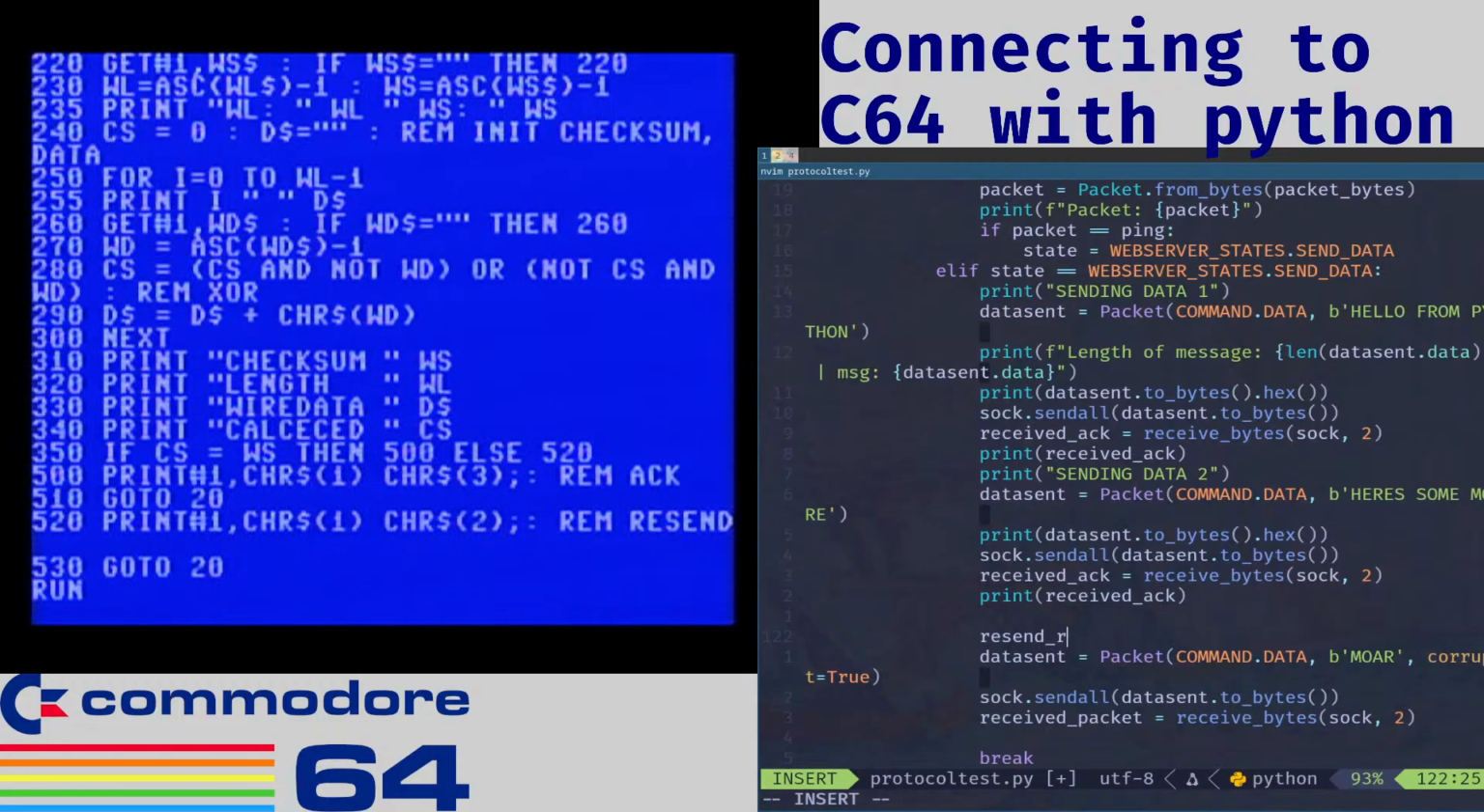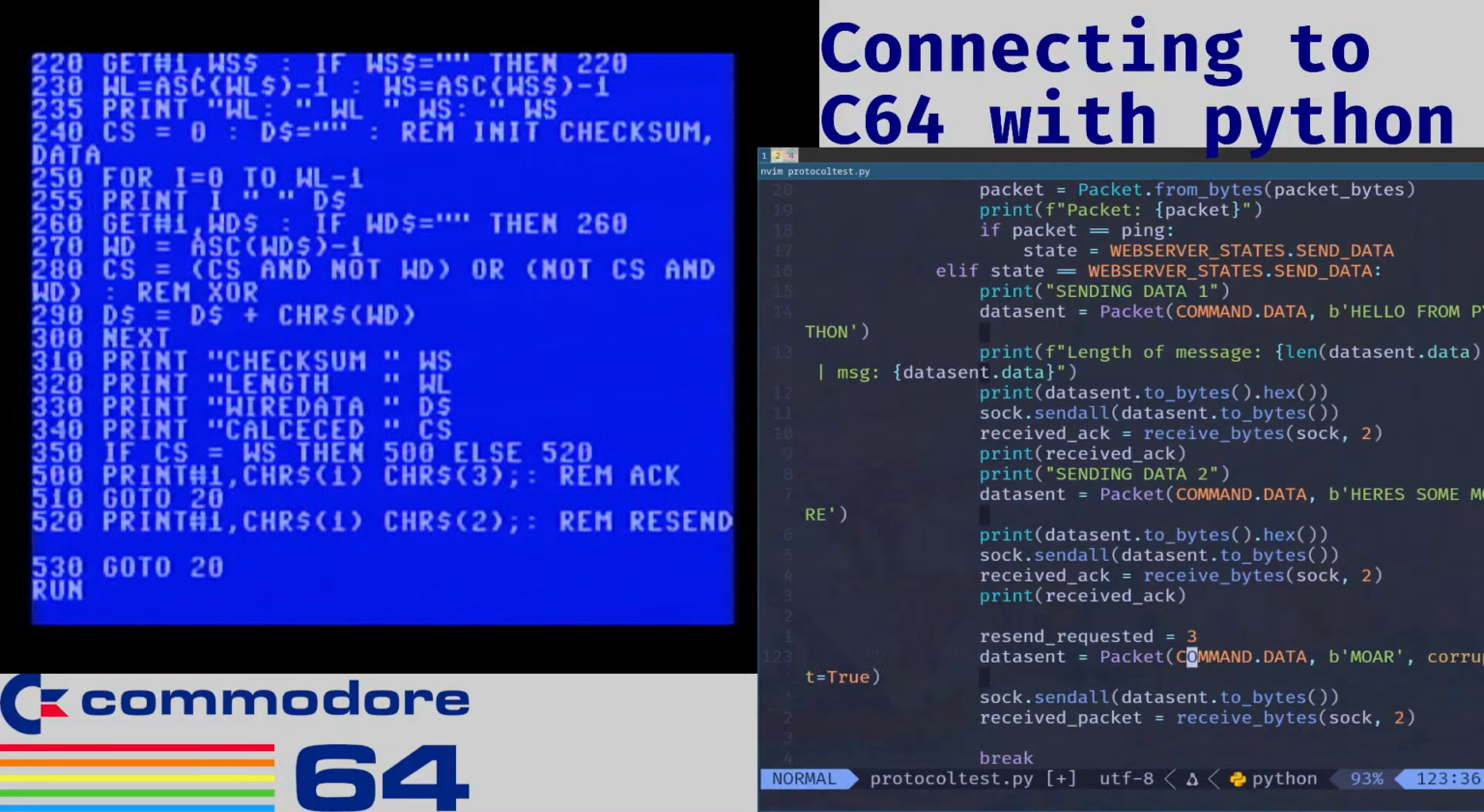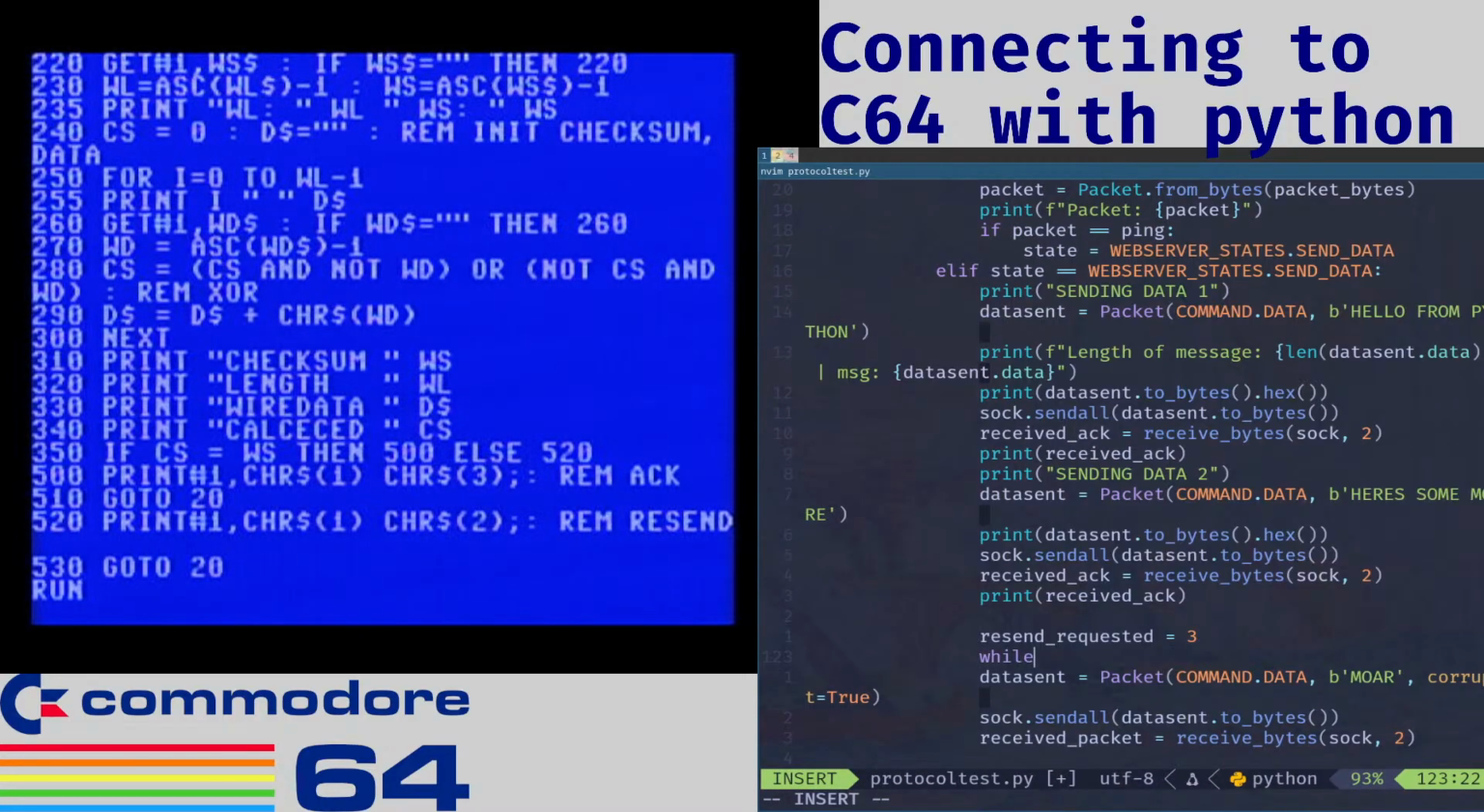resend requested equals false. And what I'm going to do here is build a little loop that will resend. It'll ask for the packet several times. Okay, so I'll say I want it to be resent 3 times, and then we'll say while resend requested is greater than 0,